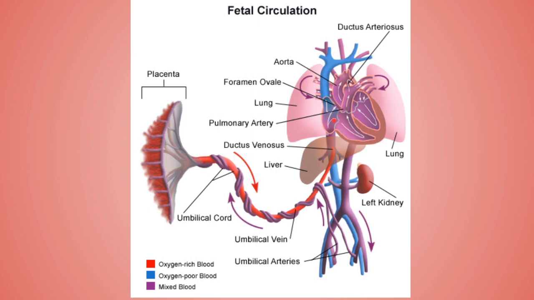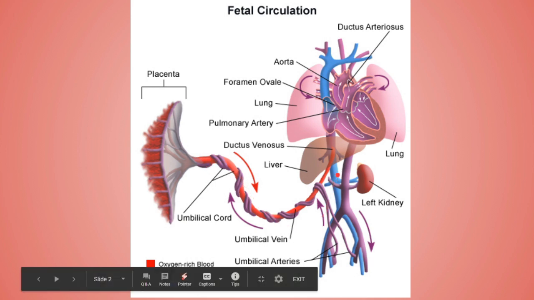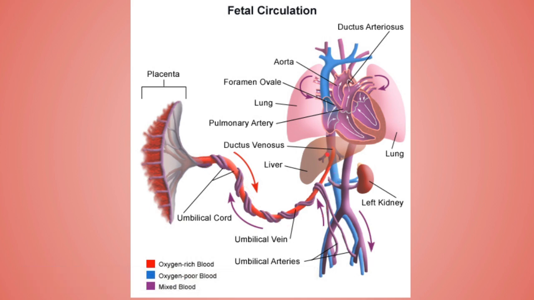Now let's discuss from the beginning again what happened till now. The pure blood from the placental side, from the mother's side, will actually enter inside the fetal side by way of the umbilical vein. Now this will go ahead and enter inside the liver. In the liver there is the portal vein, and this umbilical vein will get attached to the left branch of the portal vein. So over here a small amount of blood will remain inside the sinusoids of the liver, while the majority of the blood will get bypassed from the liver to the inferior vena cava by the help of the ductus venosus, the shunting vessel. Now this blood will actually enter into the right atrium.